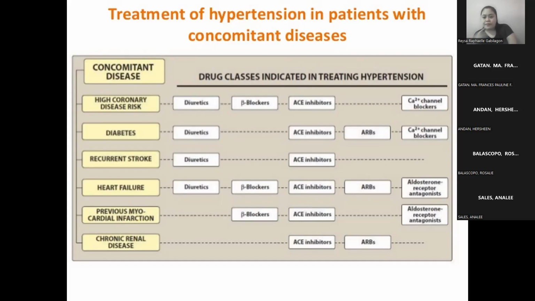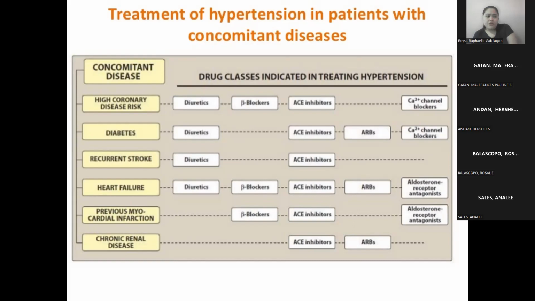Okay? You will know them. What's the ending of the name ng mga calcium channel blockers? Beta blockers are the olols, ACE inhibitors are the prils, ARBs are the sartan. Now what about the calcium channel blockers or our CCBs? Dipin, ma'am. Okay, very good. The dipin, like the amlodipine, nifedipine, nicardipine, those are our calcium channel blockers. So for heart failure, instead of having calcium channel blockers, we'll be giving the patient, once again, aldosterone receptor antagonists.